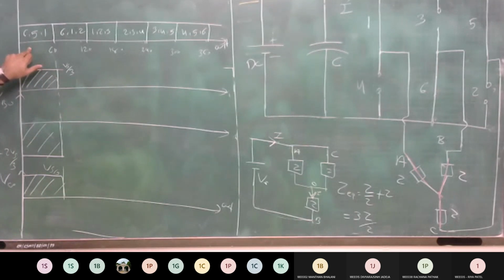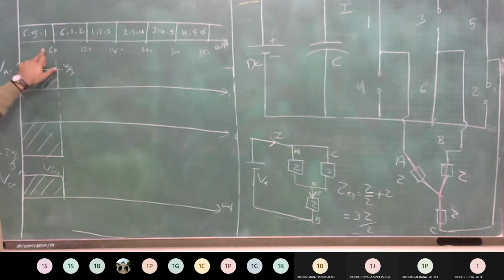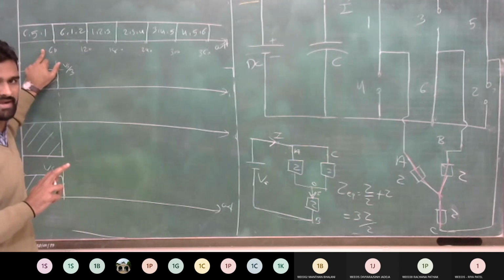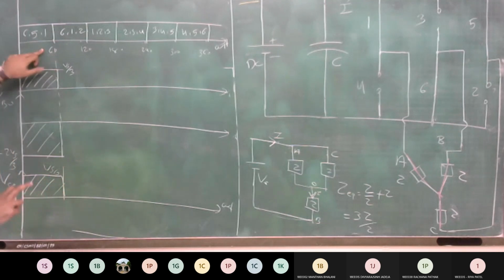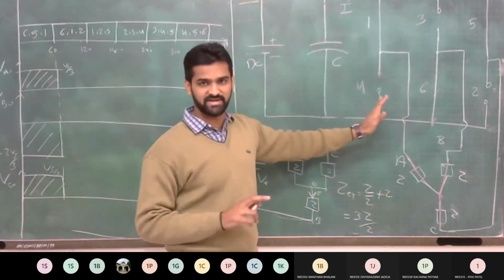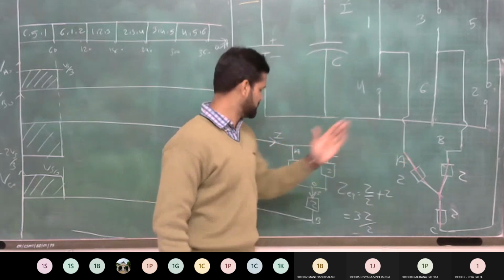First we draw the duration of the gate pulses of each thyristor. We see that in 360 degrees, one cycle, there are 6 intervals of 60 degrees. In each interval, minimum 3 thyristors are on at the same time. Clear? In the first interval, 6, 5 and 1 are on. For that, we draw the equivalent circuit. Here we take a star-connected 3-phase load.